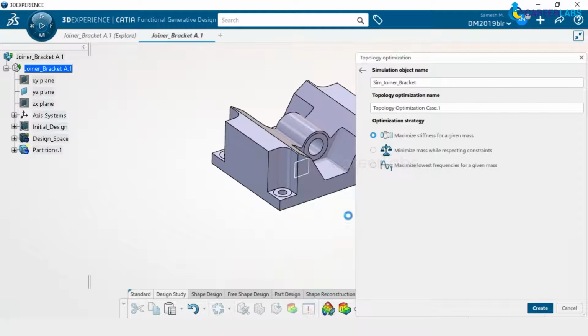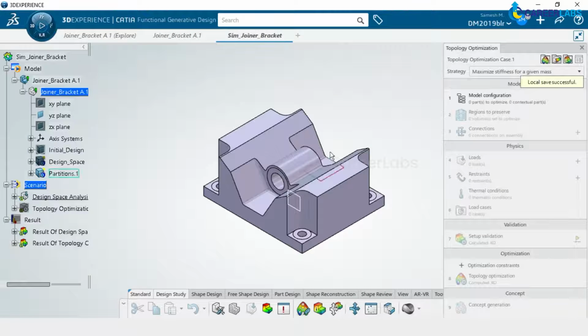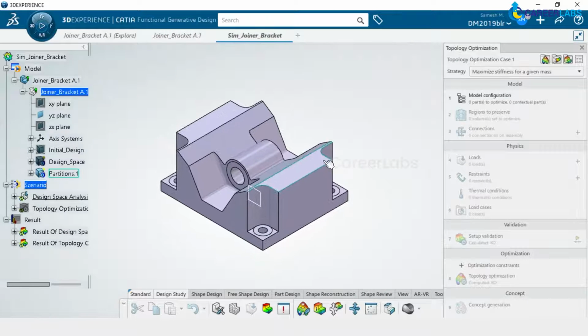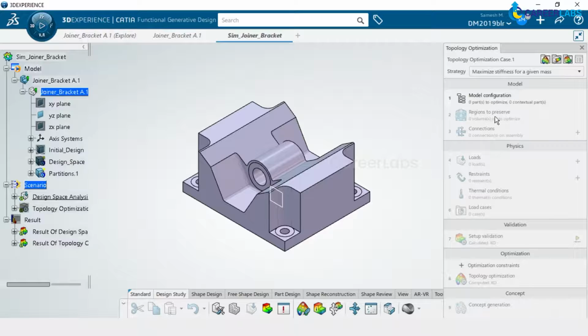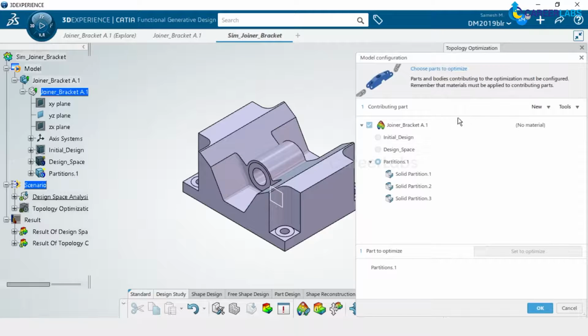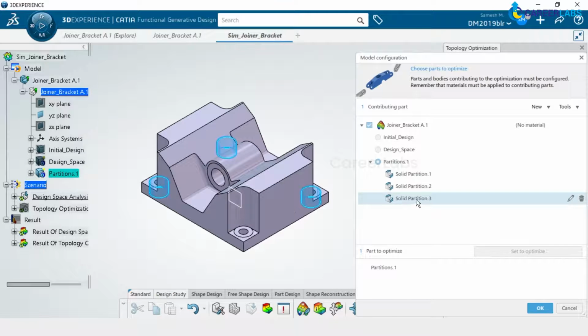I click on create. Okay, then you get an assistance toolbar wherein you need to start doing each and every step in a pre-programmed manner, where we'll start with the model configuration, where you see that we have already created these partitions which are very important, which should be untouched.